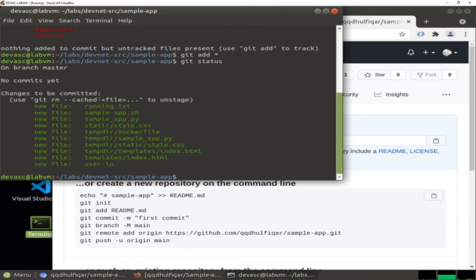As you can see, now we have these added. Now we need to commit these files, and then push this repository to GitHub. So git commit -m, and in the description, let's say from git repo